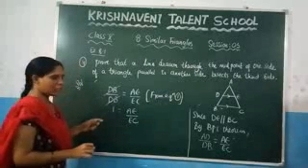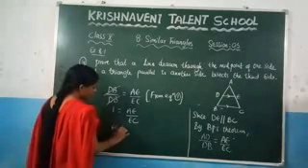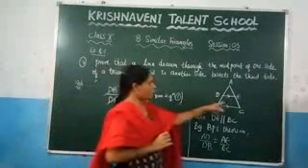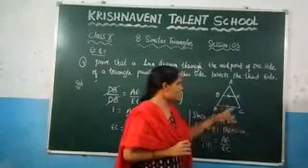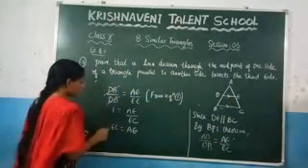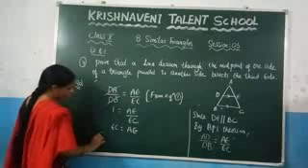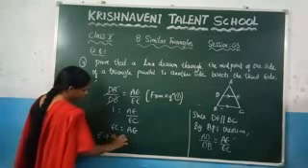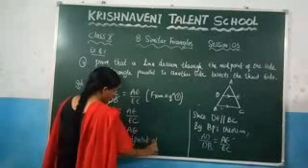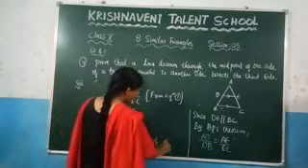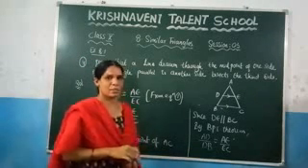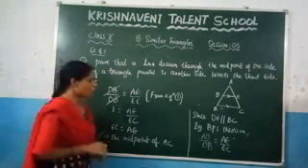Now cross multiply here. What you will get here, EC is equal to AE. That means E is the midpoint of AC. So we can say that AC, this is bisecting the third side. So here, therefore we can write it here, E is the midpoint of AC. So here we can say that AC bisects. So this is the proof of this problem.